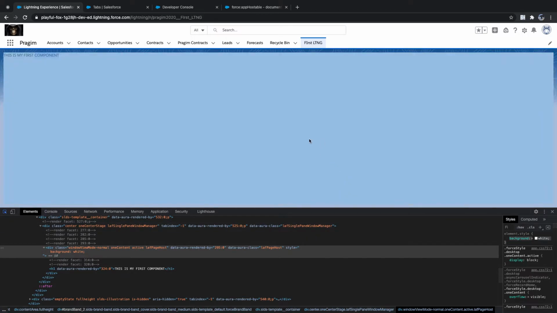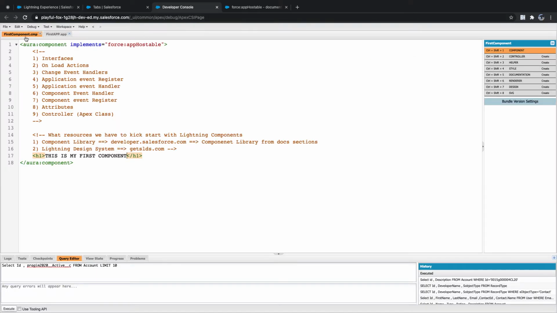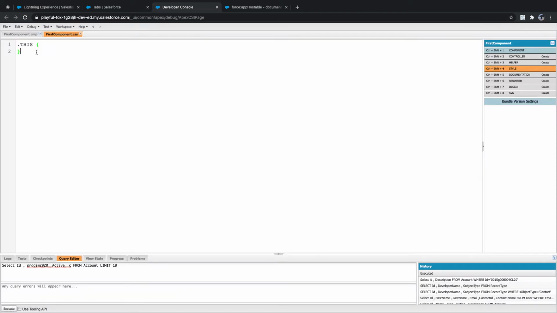And here what we'll be doing, we'll go and, where to write CSS, every time you need to write it in the CSS file. Here you can see the style file. You need to go to style and use dot THIS. Dot THIS means for this component, okay? Always you need to use this.